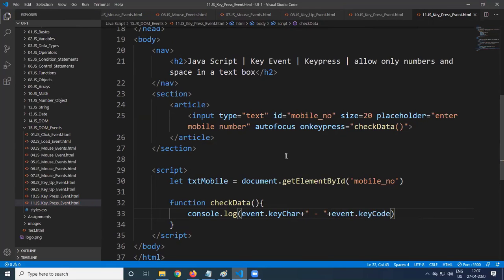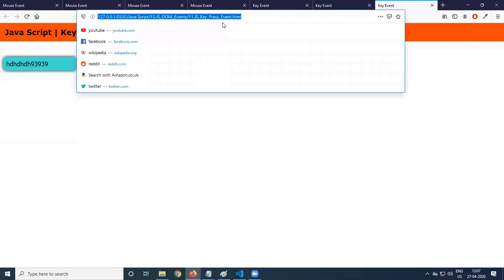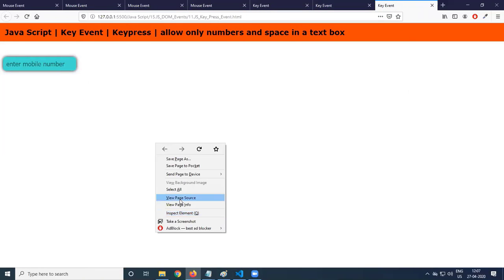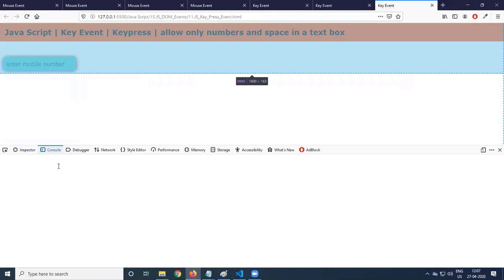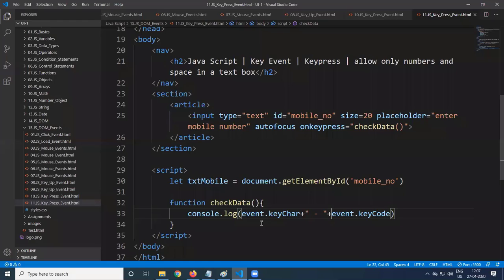Both things we are just displaying. Now coming to this page, inspect element, console. I'm entering a capital A. It's coming as undefined. So the method is charCode.